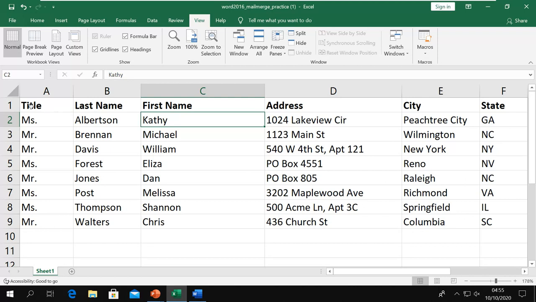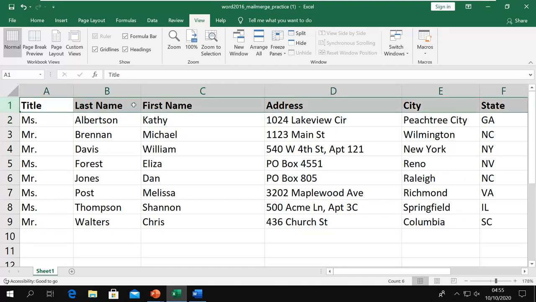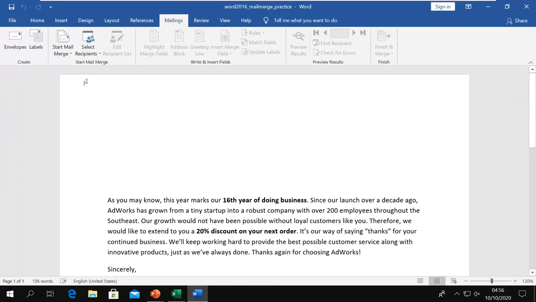These are like the header. The first row of my data should be the header of the data. So this is how you have to design your Excel first, and you can add as many contacts as you have, and then you can import those contacts into Word from use existing list.